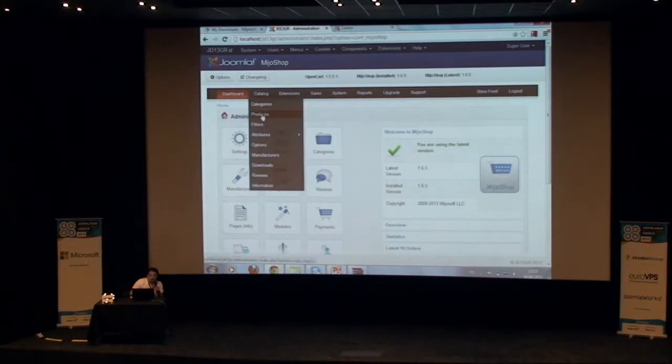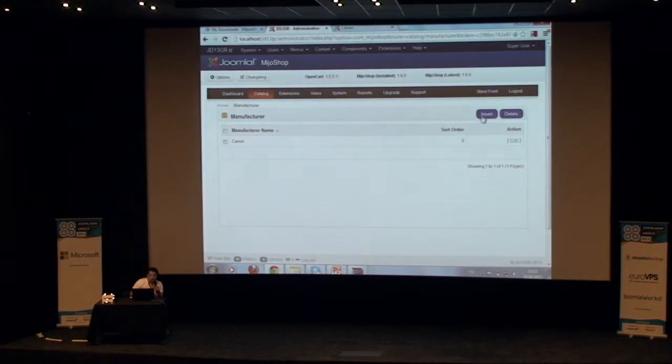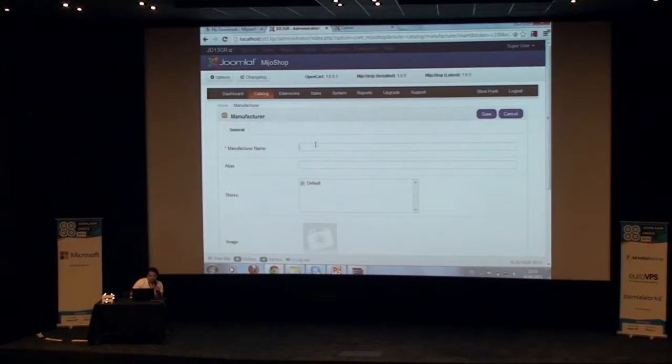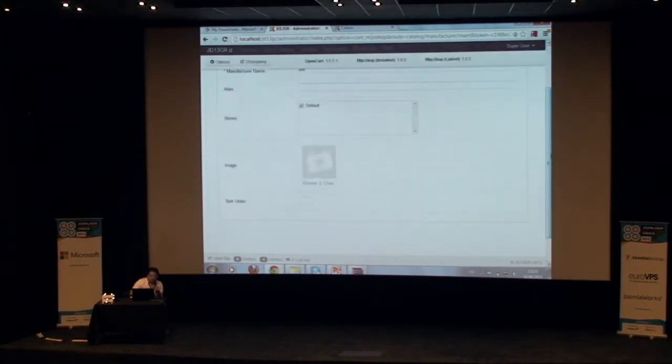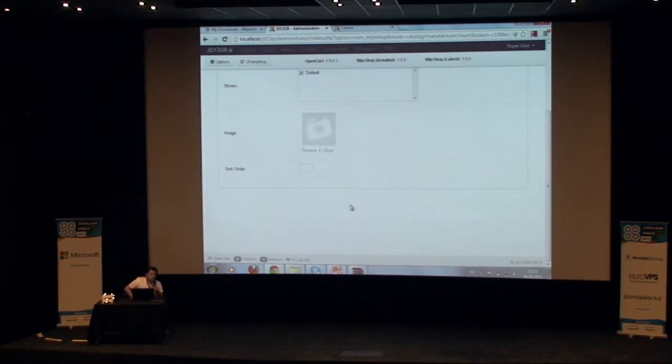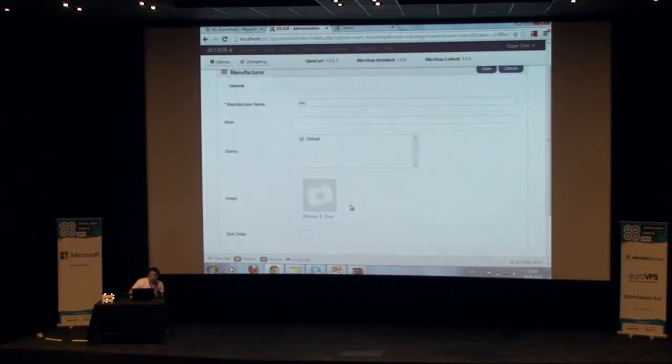Here the catalog menu. As a product always has a manufacturer, it will also need a category. So we are just first making a manufacturer. So we have a manufacturer name. We will just call it ABC. And if you want, you can have an image, or you can order the manufacturer from the manufacturer's page. So it will come on the first or the second. Normally it goes by ID. So we save it,